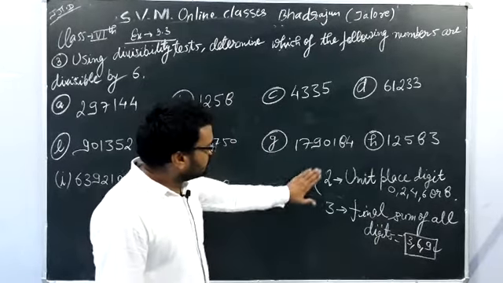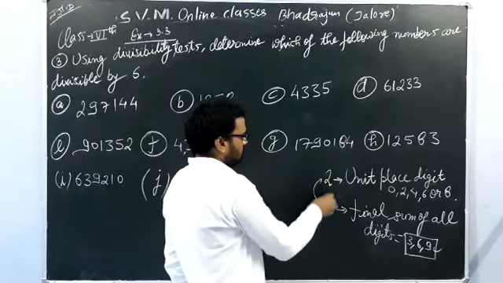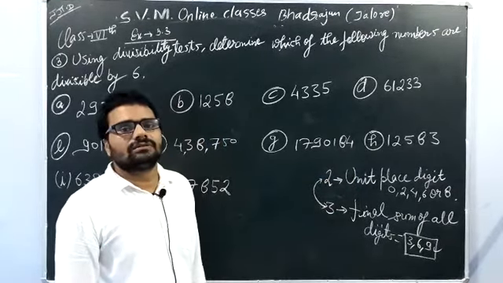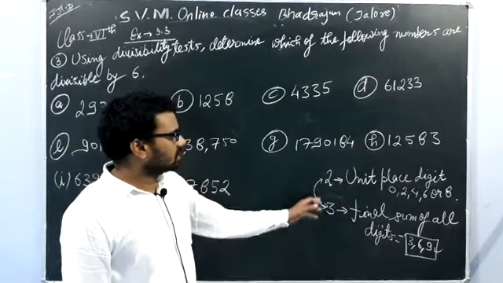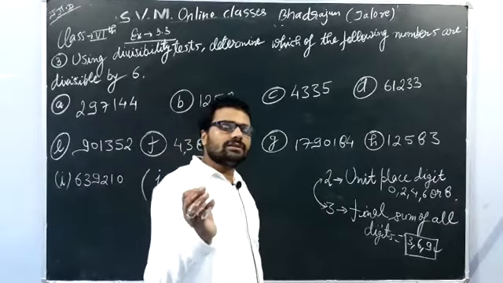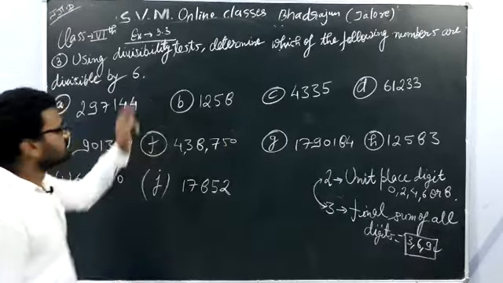And if a number satisfies both the divisibility criteria, then we will say that our number will be divisible by 2 and 3 both, and in that case the number will also be divisible by 6. Okay,